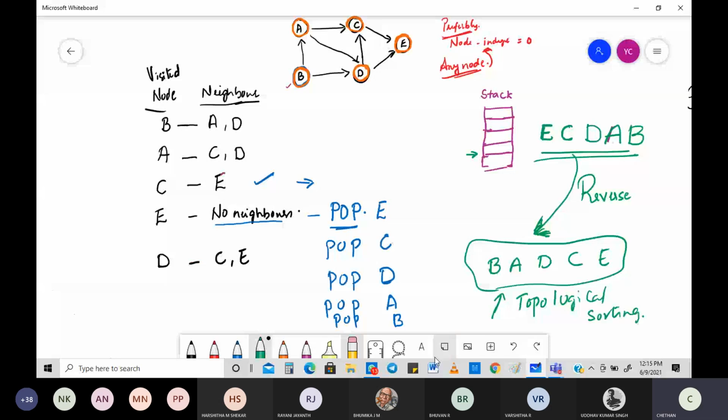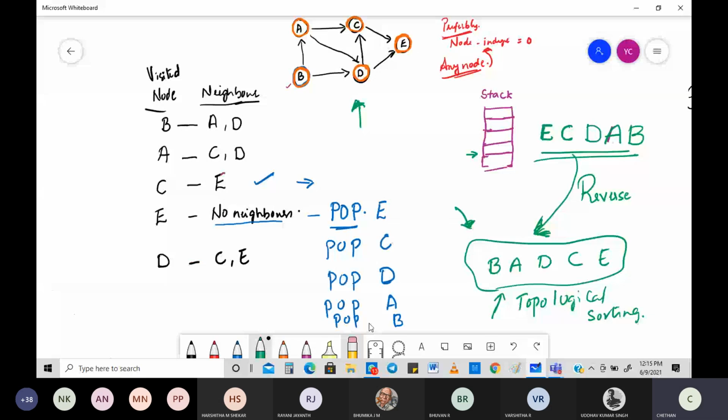They are going to give you this in the exam. You need to figure this out in the exam. That needs to be kept in mind. They are going to give you a graph. You need to figure out the topological sorting order. That is a thing that you got to keep in mind. This is an exam question, and this is an exam answer.